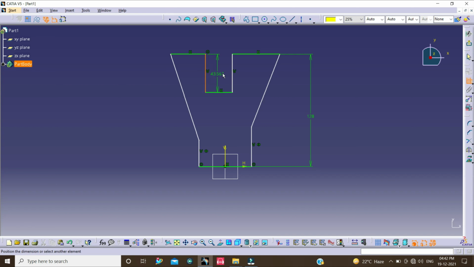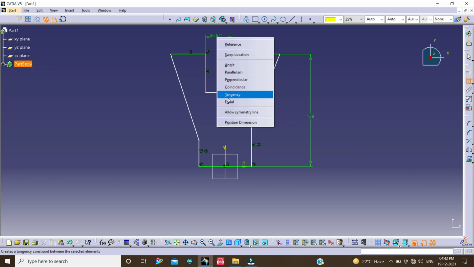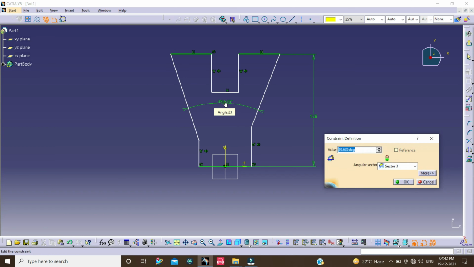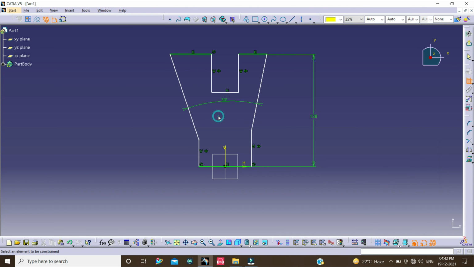Now select this line and this vertical line. Again right click, select Allow Symmetry and select this vertical axis. Then select this and this line.